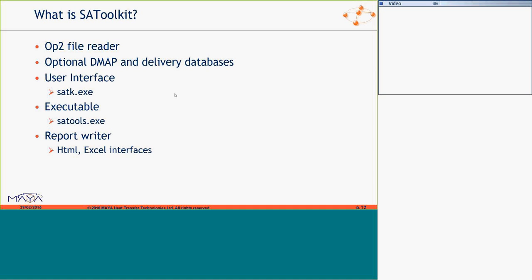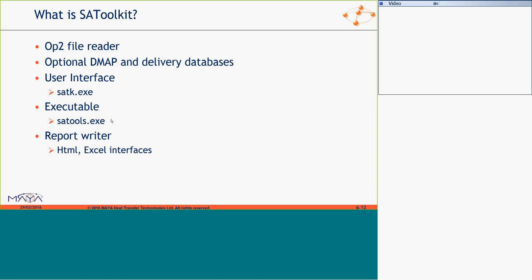Well, the interface I've been showing you is setk.exe in the installation directory. The executable is called sattools.exe, and the reason I specify it in particular is that you can run sattools.exe alone. You don't need to start the interface. So you can run sattools on any machine that's networked and that can query the license. And because we recognize the importance of being able to run in batch, you can actually create batch files, and I'll be doing that for you today, where you have many jobs queued up one after the other.